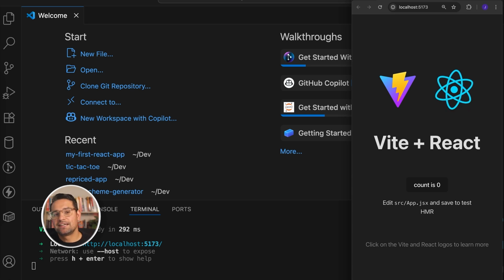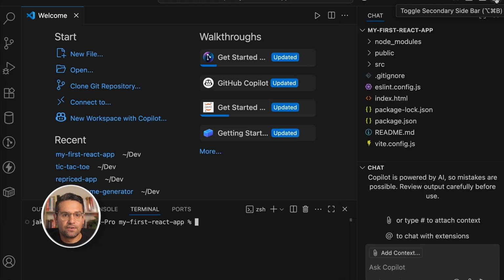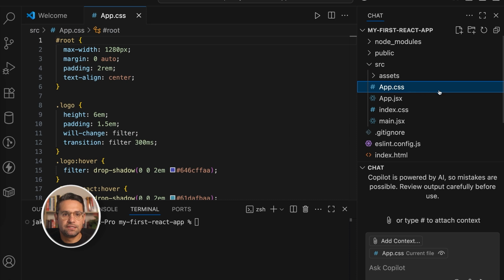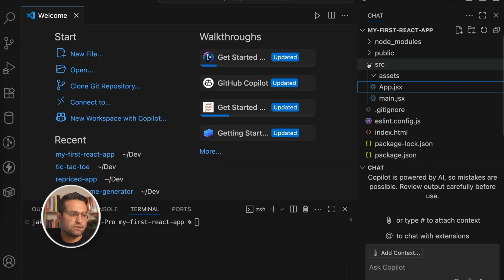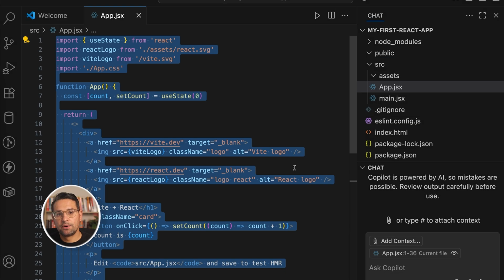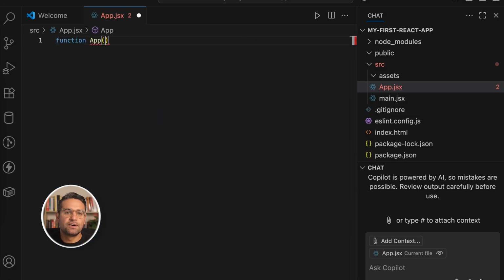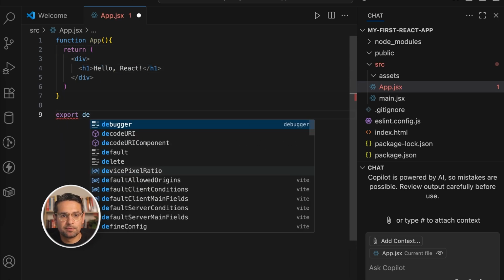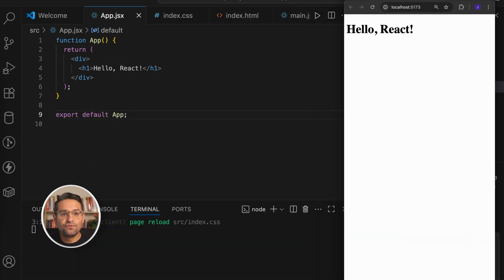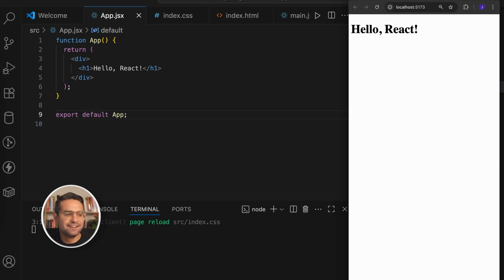So congratulations. The second stage now is really to clean up some starter files. When you download Vite, it gives you a bunch of extra stuff to help you get started, but you really don't need anything. So we'll just clean it up so we can get a bit focused here. You want to delete your App.css file and even the logo.svg file. You just don't need these files. And then in your App.jsx file, we're going to replace the code with this. Just a very simple function that's going to return Hello React. And now when you reload the page, it should say Hello React on the page. And so what you've done is you've actually created your first custom component. It's really impressive, right? Maybe not so much, but at least you've got your first React app created